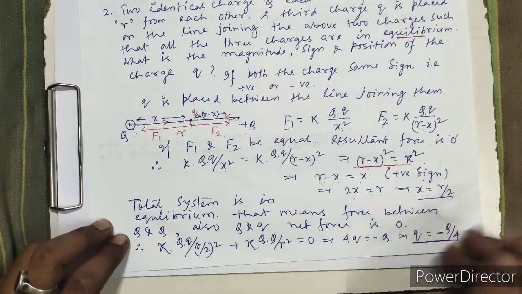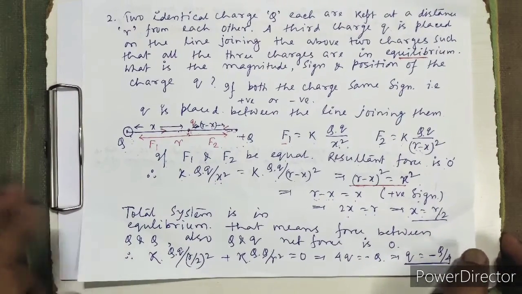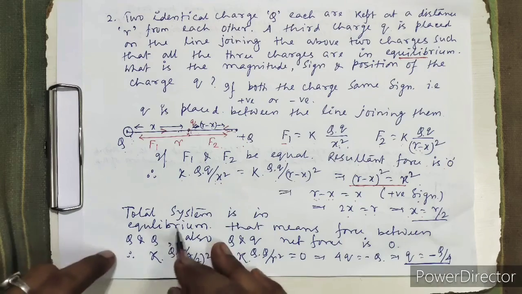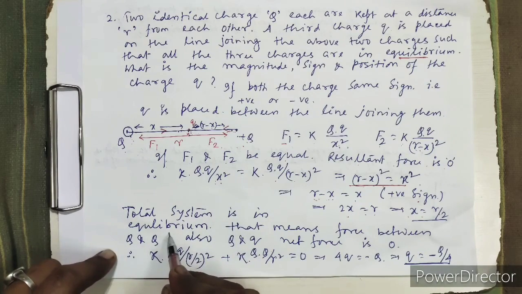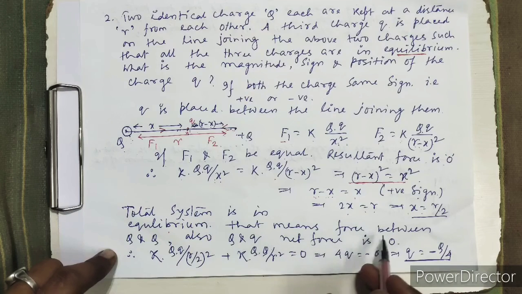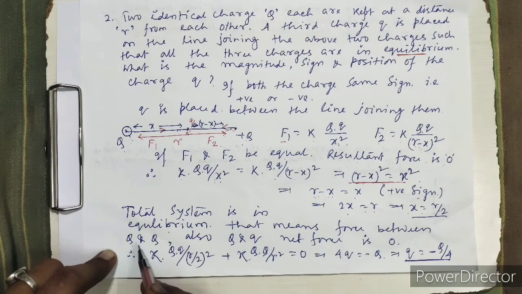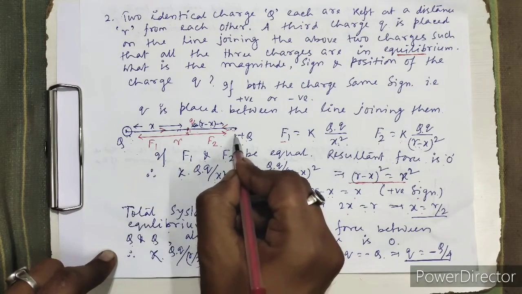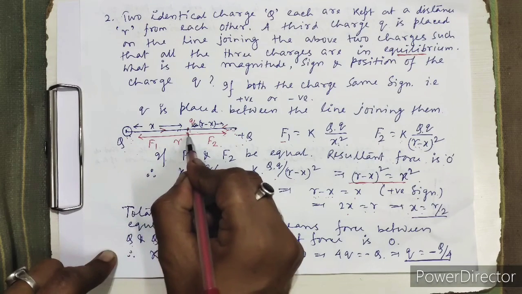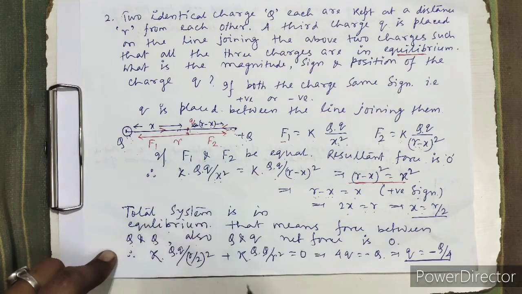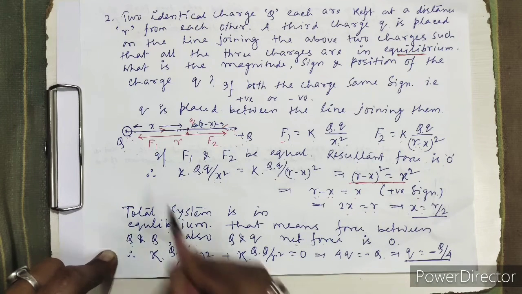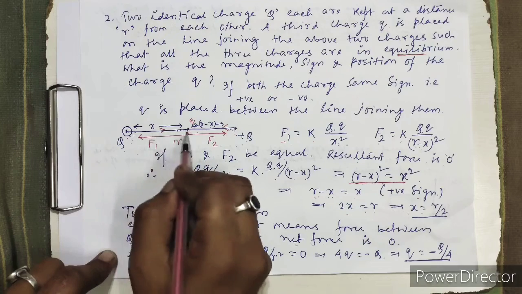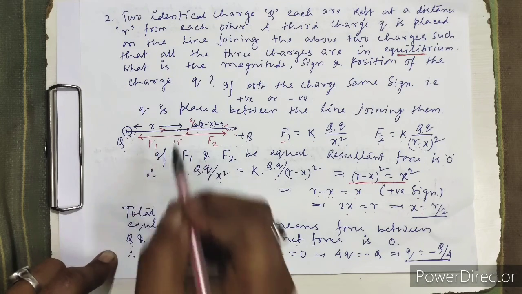X equals R by 2, and the total system is in equilibrium. That means the force between capital Q and small q, also capital Q and small q, the net force is 0. If we consider this is the distance R by 2,